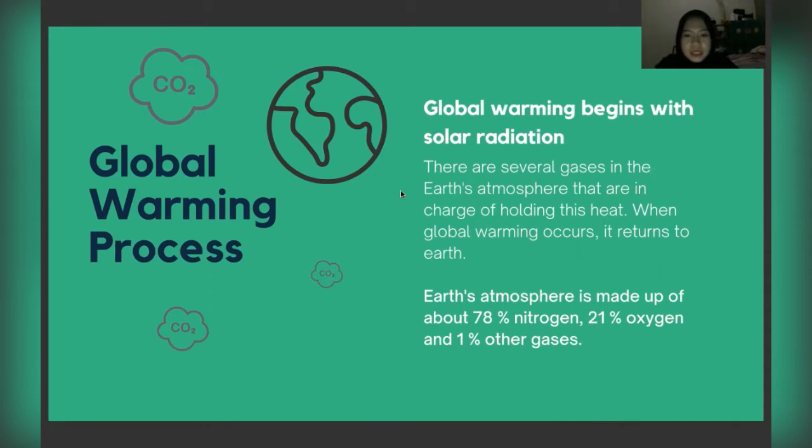An increase in the average temperature of the Earth's surface occurs due to the increase in greenhouse gas emission. That makes global warming, which causes change in the Earth's ecosystem, such as extreme climate change,